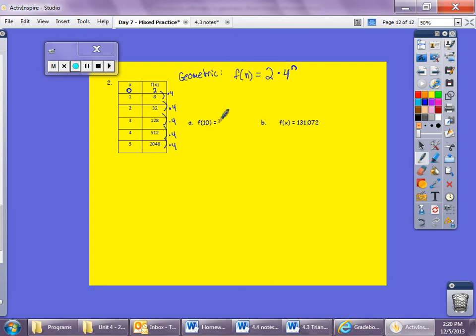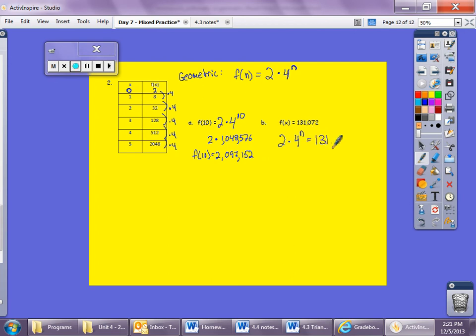So f of 10 is 2 times 4 to the power of 10. And 4 to the power of 10 is 1,048,576. And we multiply that by 2. So we have f of 10 equals 2,097,152. And then for b, it tells us what it equals, so we do 2 times 4 to the n equals